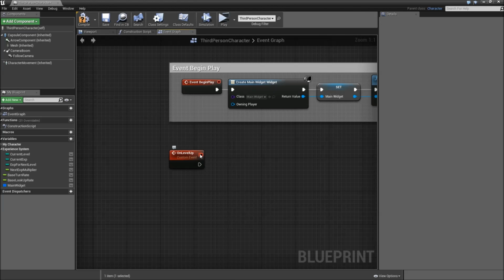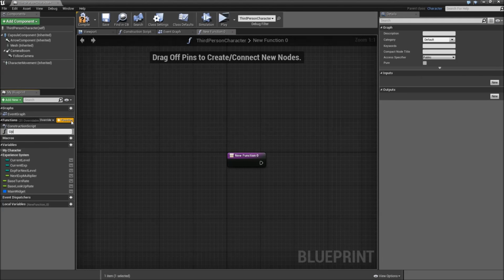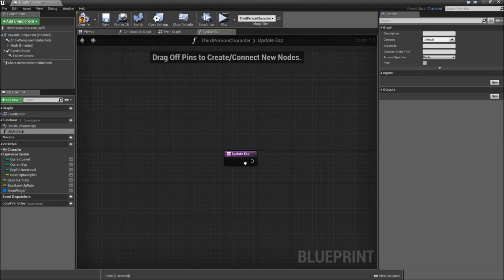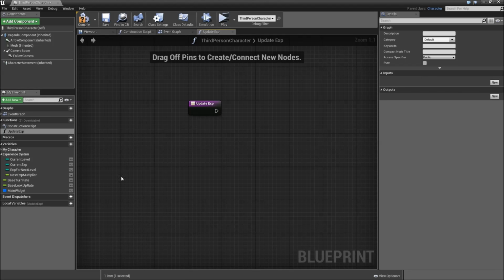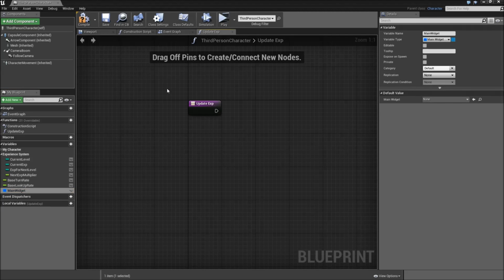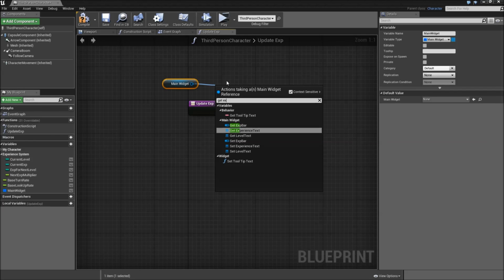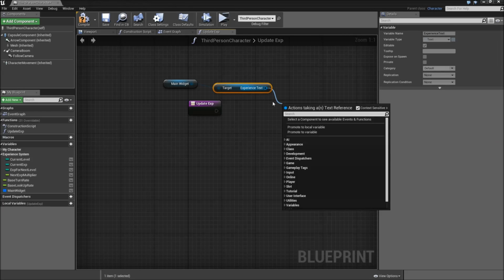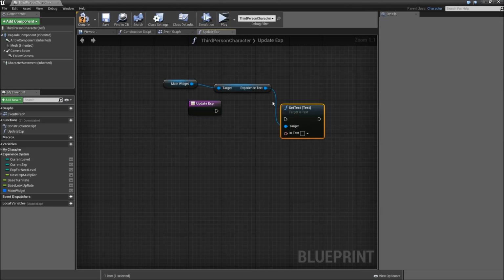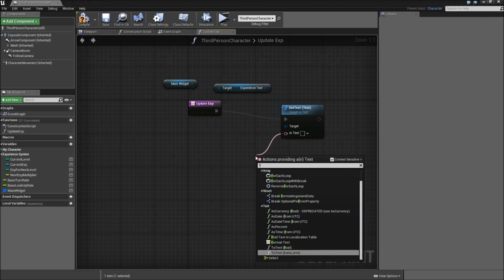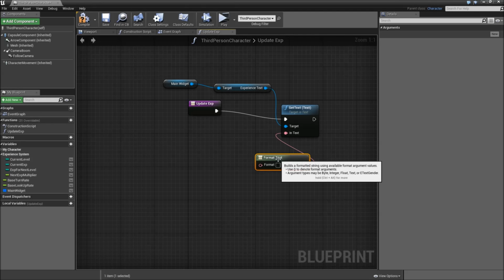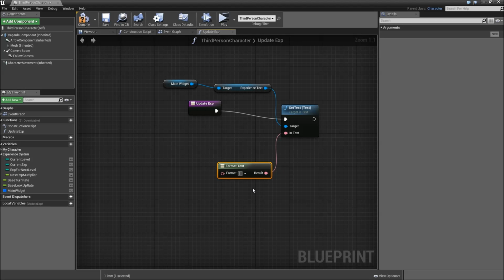Let's come back in here later and implement that. First we will need some new functions. First one will be called UpdateExp. And what we'll simply do here is get our main widget, get experience text, then set text. Off of the in text we will search for format text, and the in format will be in curly brackets